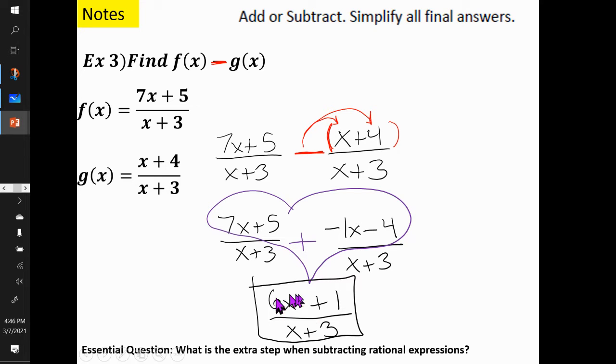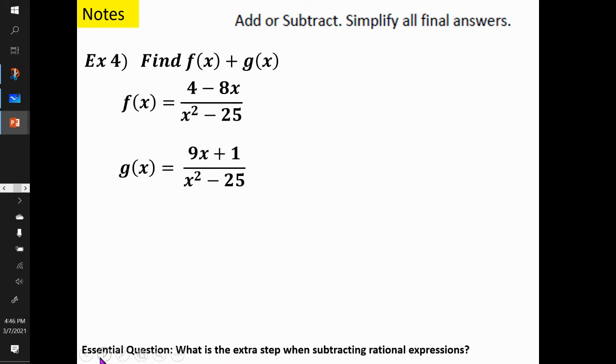You could try and factor the top, but we can't do anything. And we can't factor the bottom. And that's it. All right, let's kick it up a notch. Notice here. Oh, we're going to have to factor some things on this one. We're still adding. The only difference is when we're adding